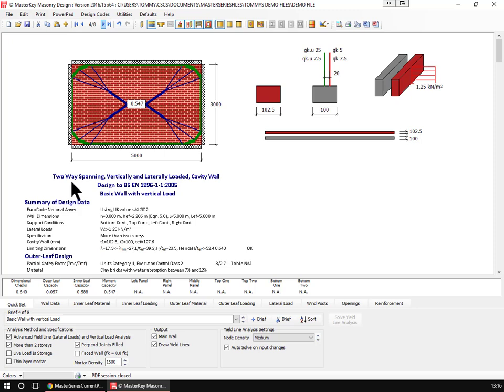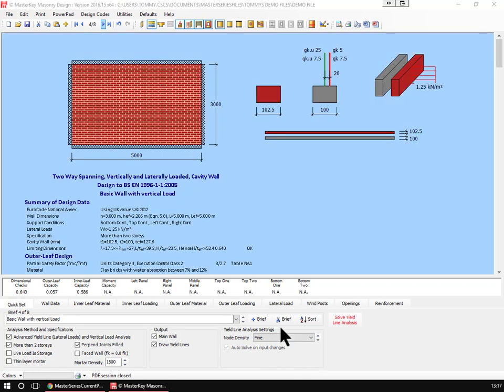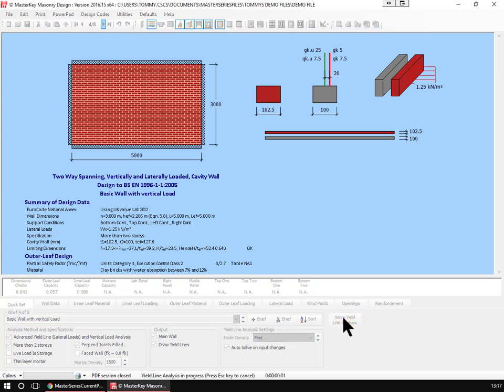So this is applied yield line analysis and is applied a medium density yield line. So if I go back to coarse, you'll see it's going to give me a value of 0.553. By refining the mesh for the yield lines, we're coming down to 0.547, so slightly more accurate. So I've gone down to the fine, and you'll notice that I have to now click on solve because it doesn't want to auto solve with every key press because of the time taken to do the analysis, and we're seeing it taking 7-8,